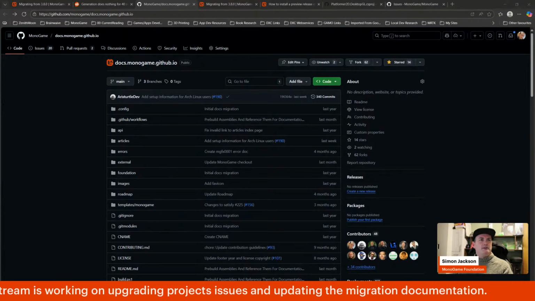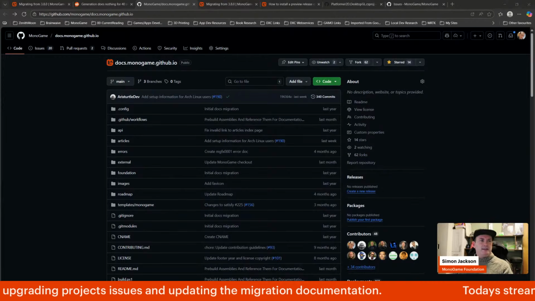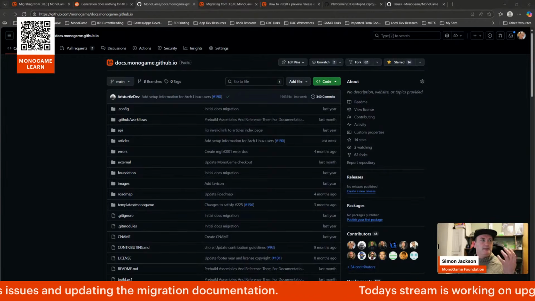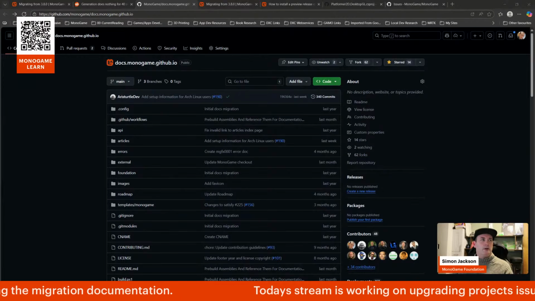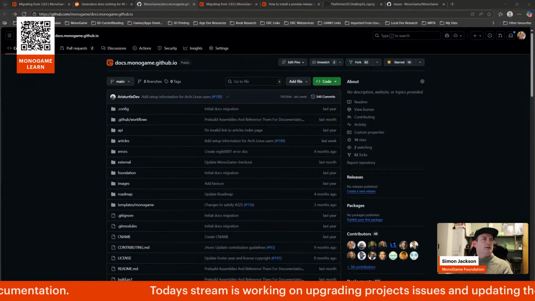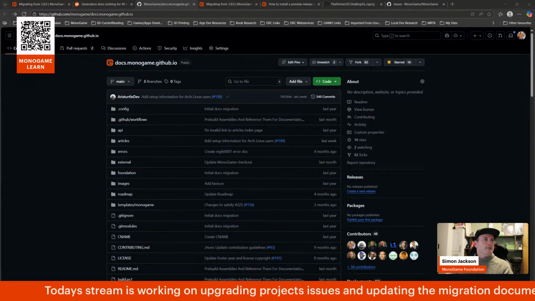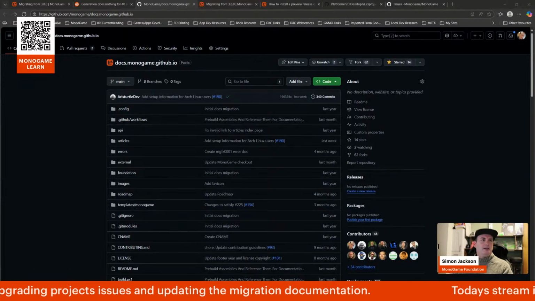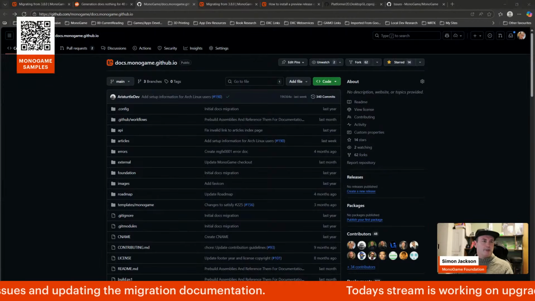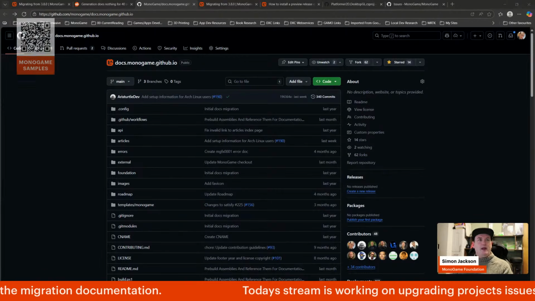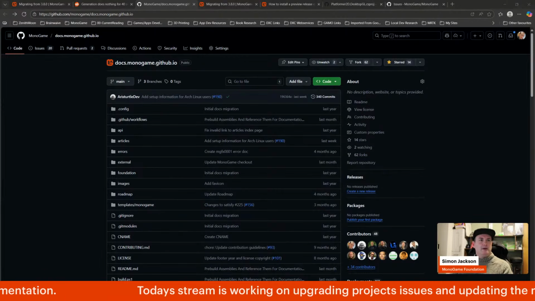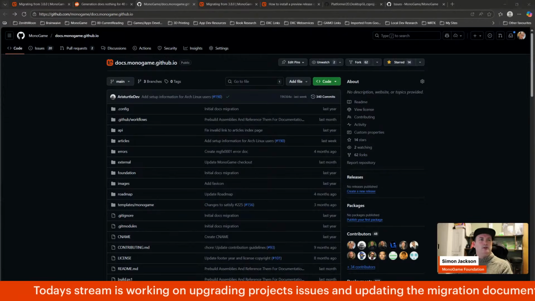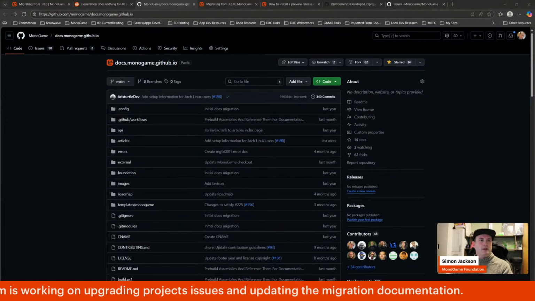Okay, I'm going to throw this up on it. So in the doc site and everything else you need to know for getting up to date, there's a QR code there for going live. If you look at that, you get access to all the docs. Similarly, we've also got the samples all there. And if you want to get started and go straight into all the things that are good about the MonoGame framework,